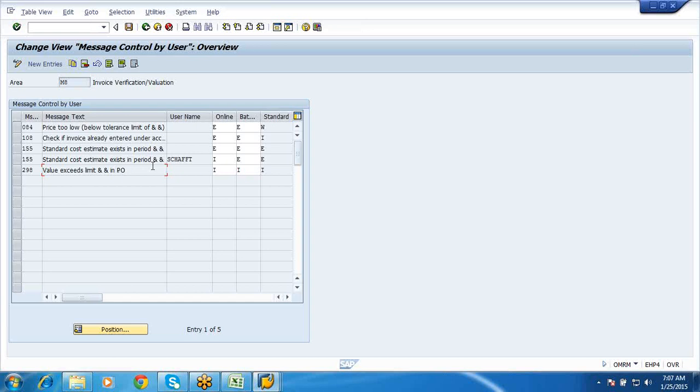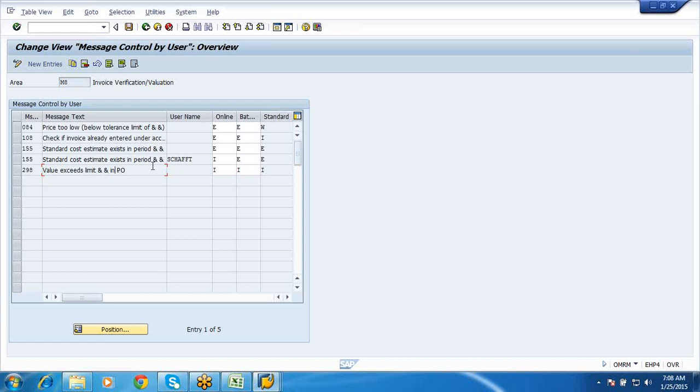With respect to the configurations during the implementation, there are certain basics which you need to do from the MM side, and the rest of the things will be taken care of from FI, that is your finance side. Even if you don't want to take it up, the finance team would be able to configure whatever the requirement is for invoice verification.